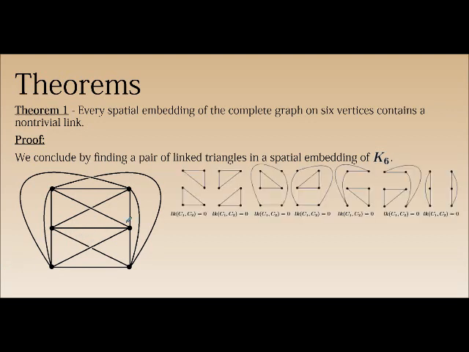And I went through the extra effort to find all 10 of those, and it does turn out that the majority of the time we're left with trivial links. All of these first 7 disjoint cycles of K6 are trivial links. You can see that by the fact that no components cross the other component. Then we have 2 other disjoint cycles of K6 that end up giving us a little bit more interesting